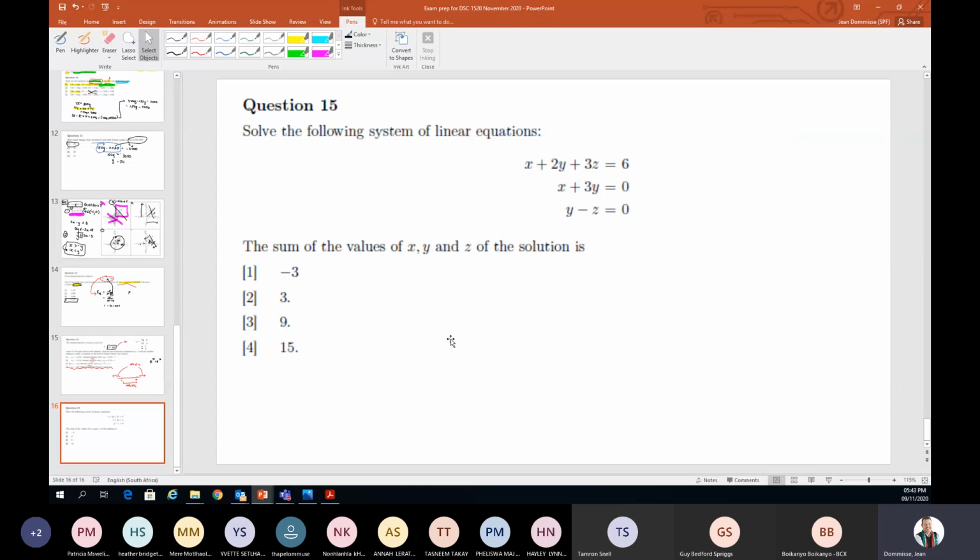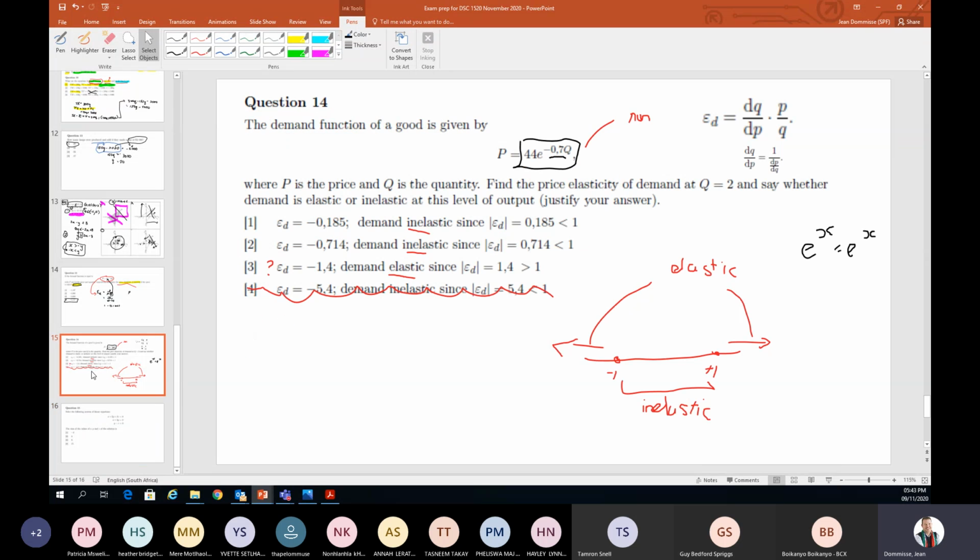Okay, let's quickly do the last one, and then I'll go back to question 14 tonight and send the answer to you. Well, I know what the answer is, so the answer should be option 2. So if anybody can get to me option 2,